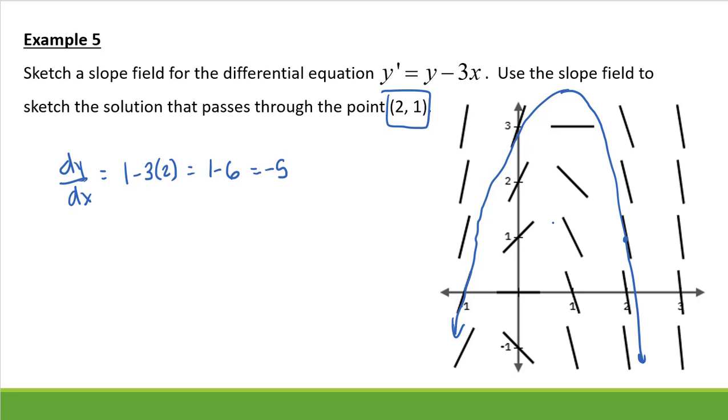So maybe if I had a little bit bigger slope field, I would go up 5 over 1. That would get me, that's technically a slope of -5. And look, it looks like it's going to 0. So I know somewhere up here I'm going to 0. And then it looks like I'm pretty steep down here. I might plug in, if I plugged in the point